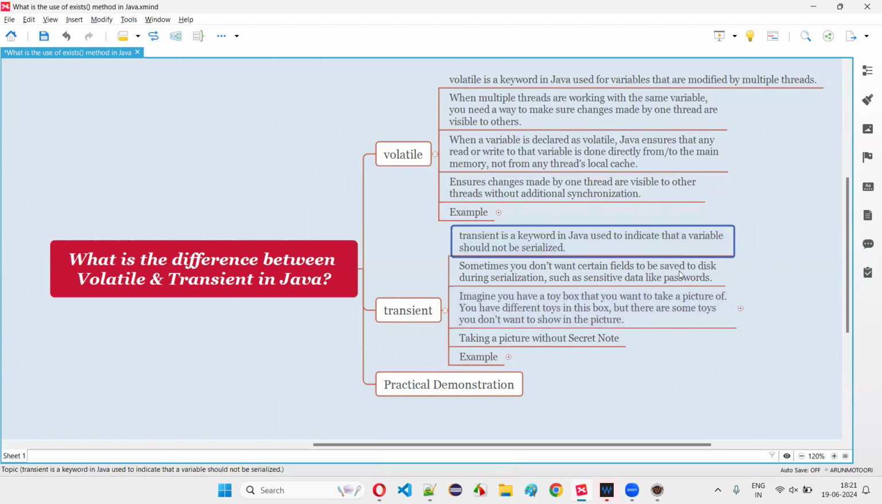So when you are converting the objects into the bytecode to store such data of your program in your computer machine or database or something, right, you have some sensitive information that you don't want to be stored wherever you want to store. In such cases, you specify the transient keyword before that particular variable, so that even though the serialization happens,